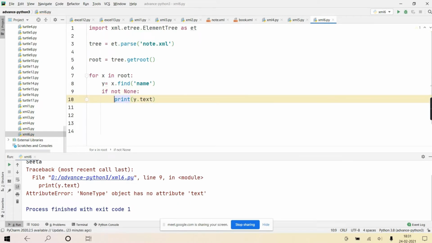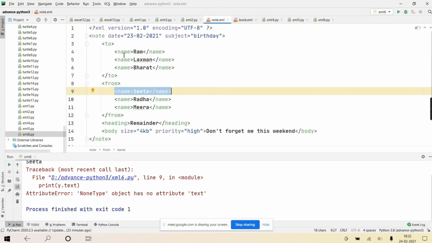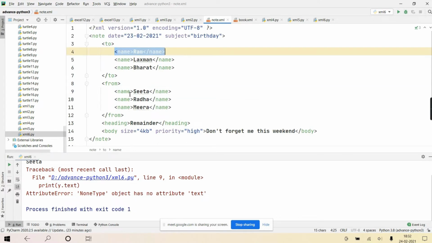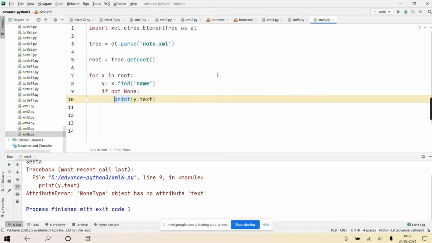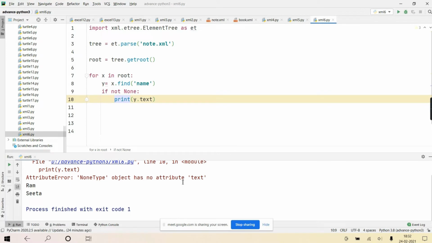For the first two cases it was successful: the first gave this element, the next gave this. But for heading there is no child with that name, so it returns None. For body also, so None. And when the object is None, can we access its text? No, so it throws an exception. So I'm verifying whether it is None and then doing it.